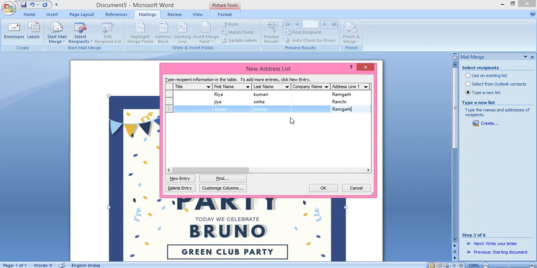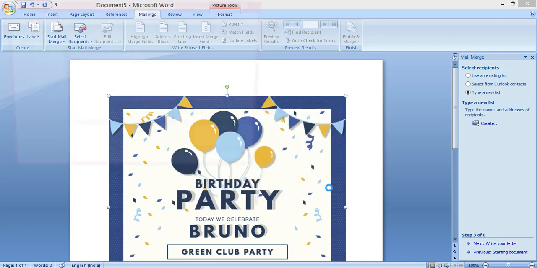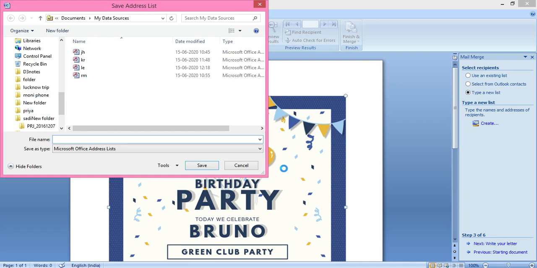Now after giving the name, the person, you have to add as many persons as you want to invite and click OK. After that you have to save.